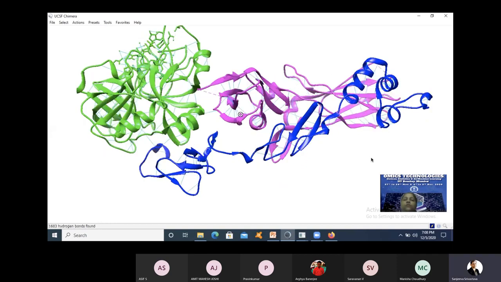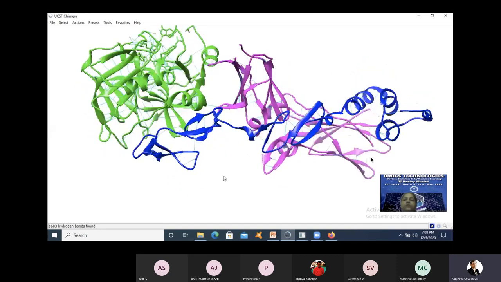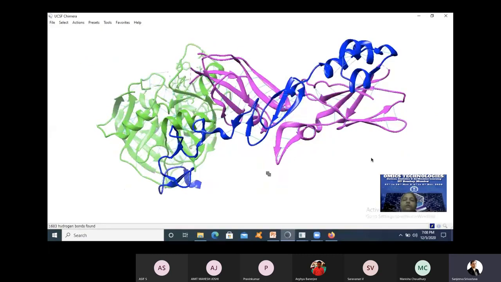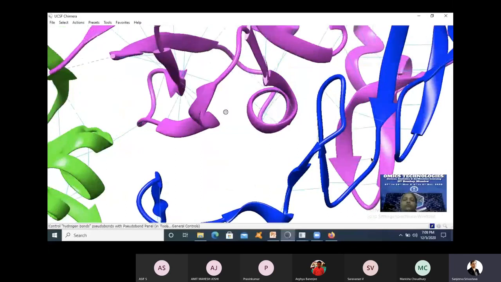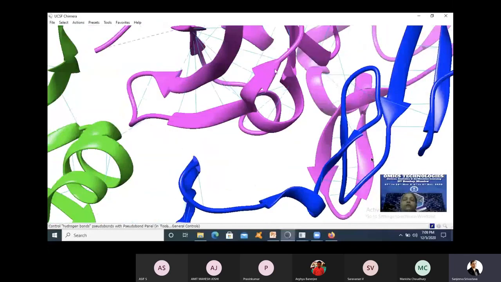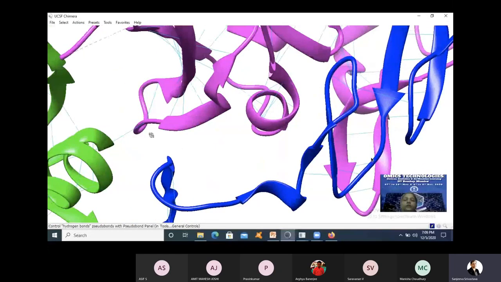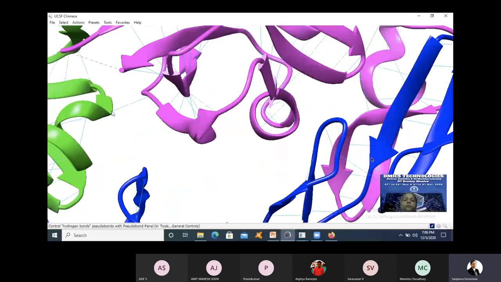Now you can see the different hydrogen bonds are being shown. More than the intramolecule hydrogen bonds, we are interested to know about the intermolecule hydrogen bonds, that is, bonds like this one. If you take the mouse over here, it shows that the interaction is between tryptophan 45 and phenylalanine 129F. Now, if I want to select these two residues,